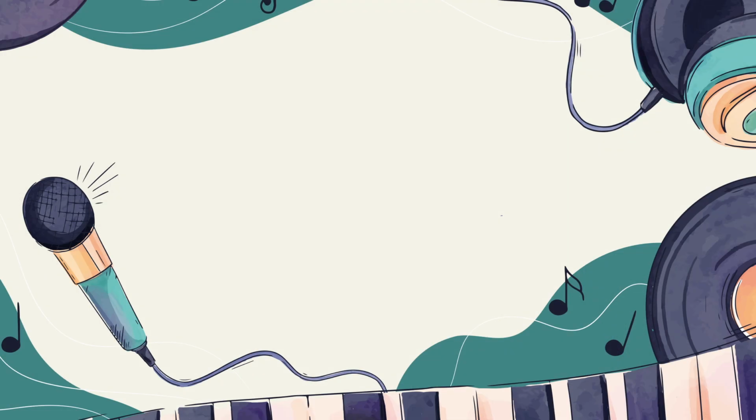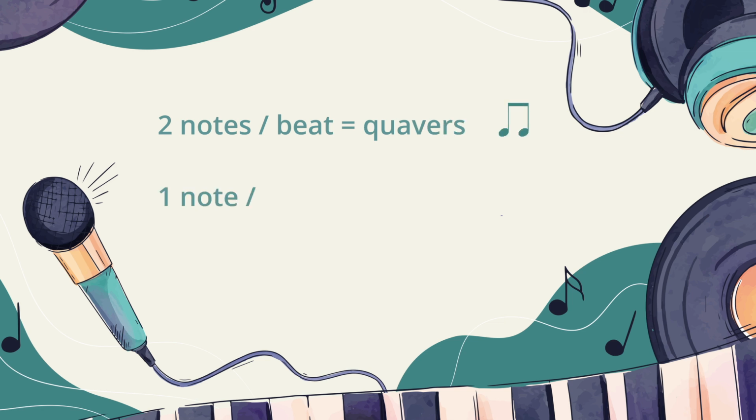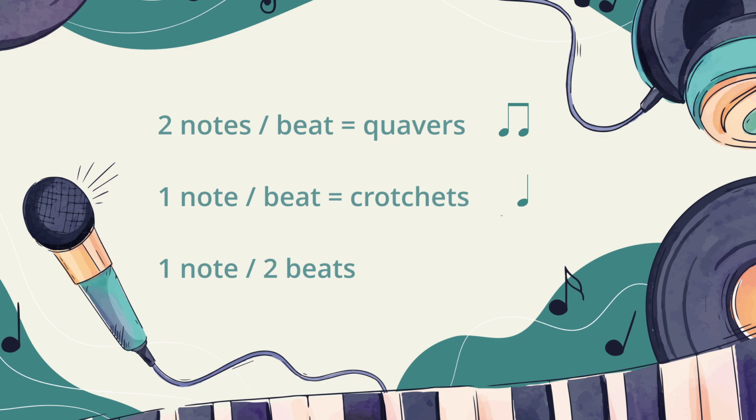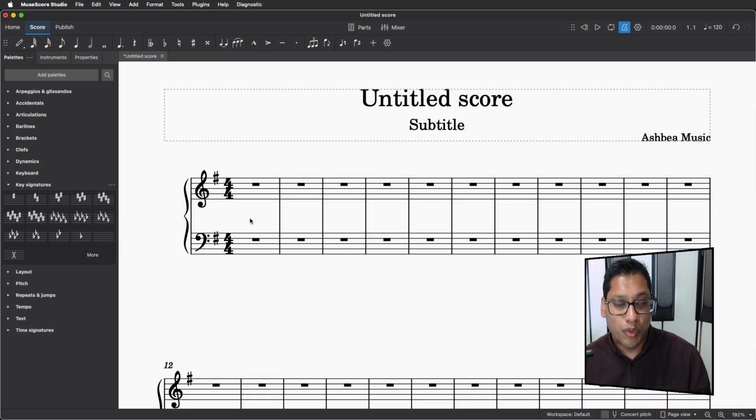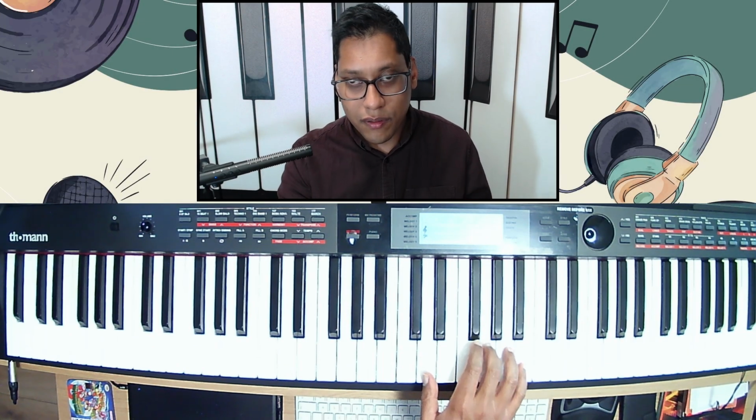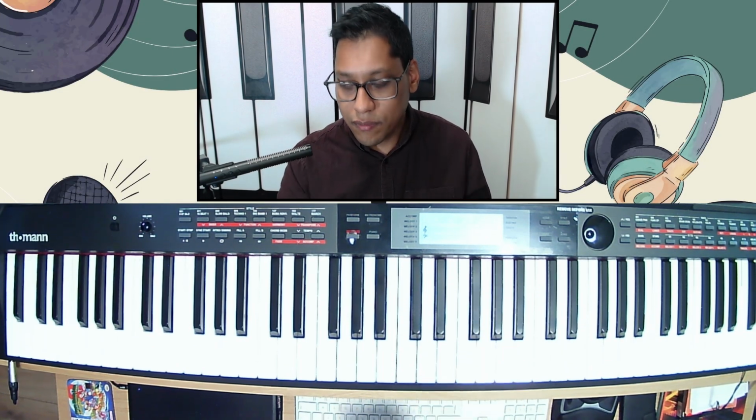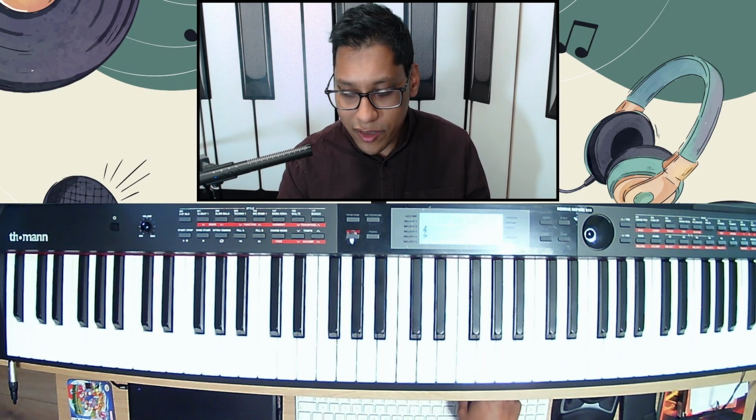So if we have 2 notes per beat, we are dealing with quavers. If there's 1 note per beat, we're dealing with crotchets. If there's 1 note every 2 beats, we're dealing with minims. This is in 4/4 time signature. Different time signatures will work differently. So we have 2 notes per beat. We have a G and a D and a G. Okay, so I'm going to write G, D, G